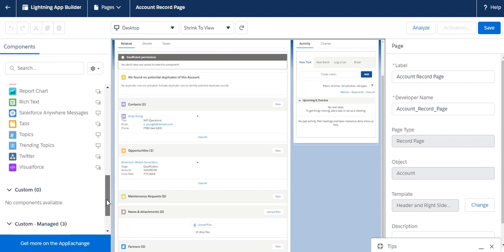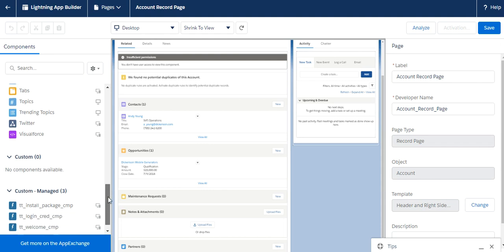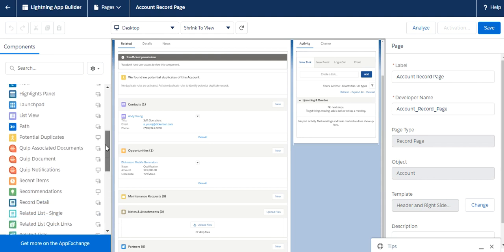And for now I don't have any custom components, so it's not showing here. But whenever we create any LWC or Aura components, those components will be shown here. And last, it's about the packages.